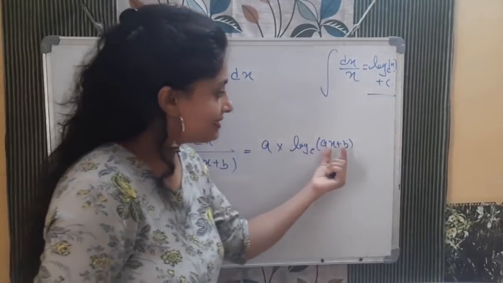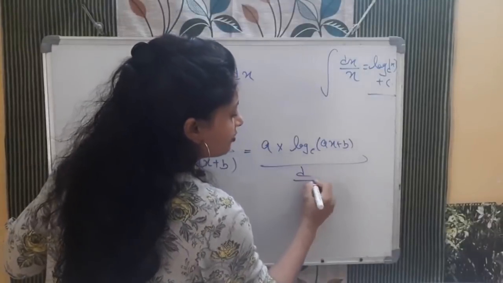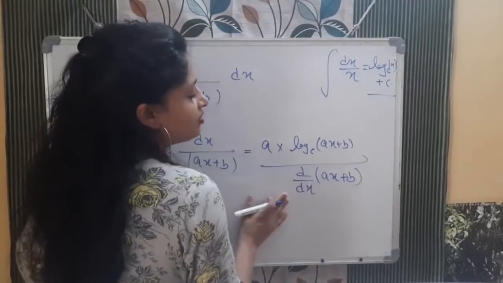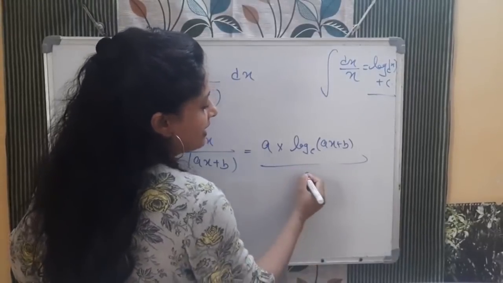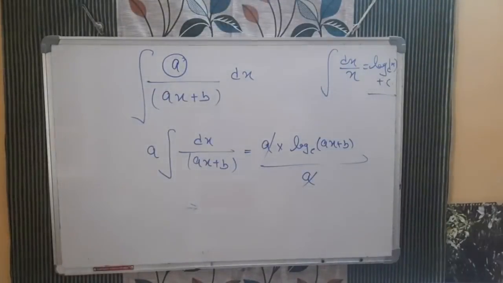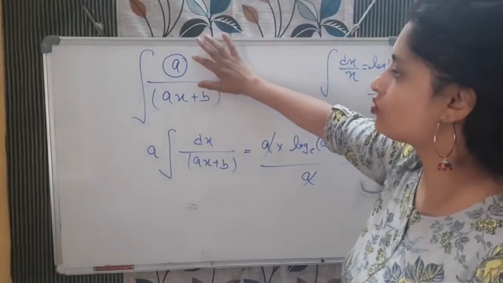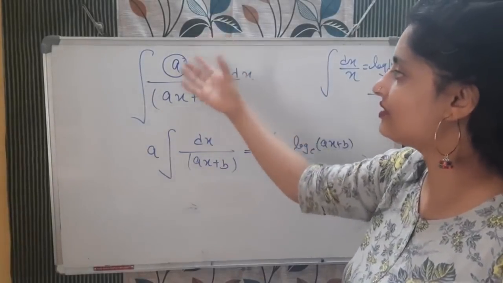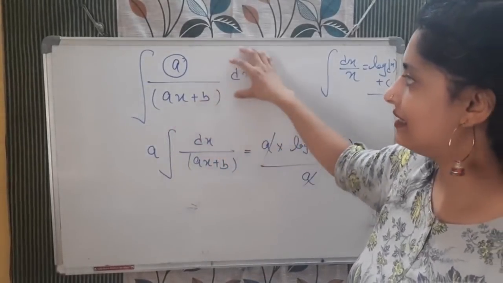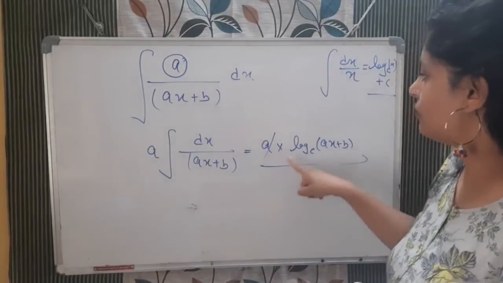Now whatever is inside, उसको differentiate करके क्या करना है? Divide करना है. So differentiate of this, d/dx of ax plus b, और इसका differentiation कितना आएगा बच्चा? When you will differentiate it will be a only, and a से a cancel out and this will be your answer. So this is the next question. In that way you can do. सिंपल है, कुछ भी नहीं है, जो constant है उसको हमेशा बाहर रखना है, ठीक है. Then whatever with respect to x उसको आपको integrate करना है. Now see this pattern, this is dx divided by x, this is this log e x. So we will apply the formula of log e, we will write.